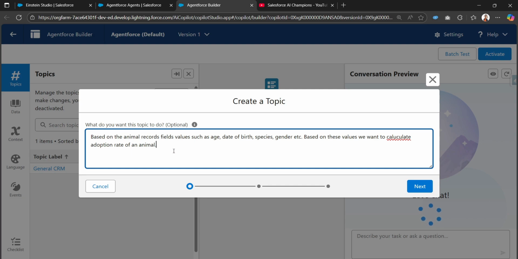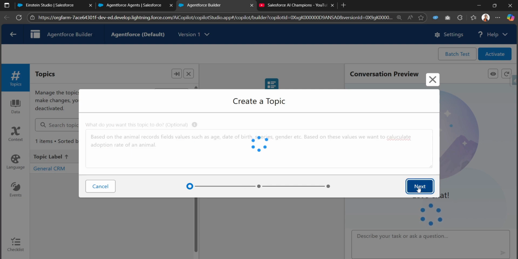Let me provide this description, and let me see the topic Agentforce generates and